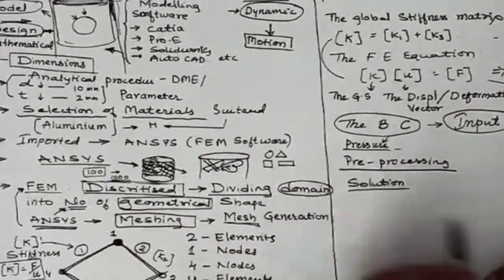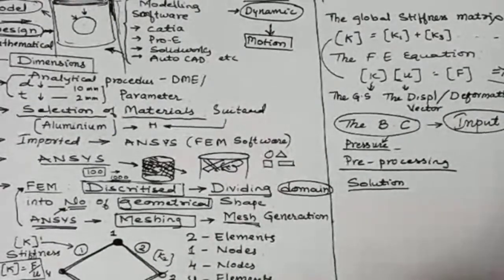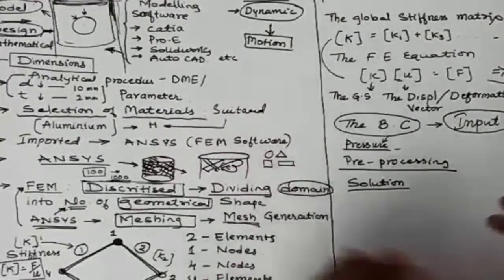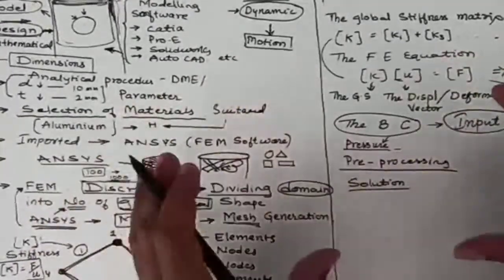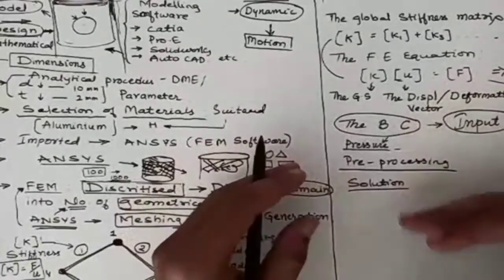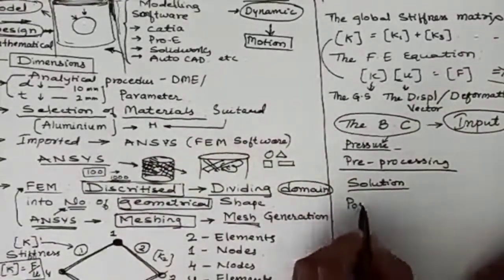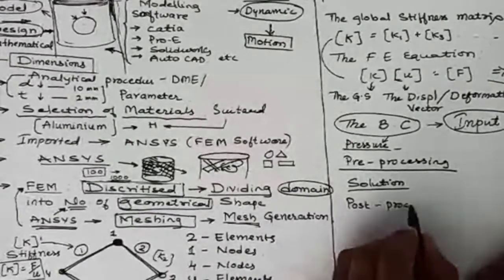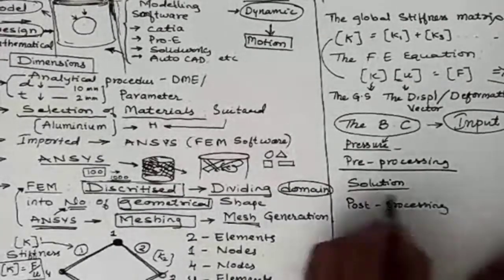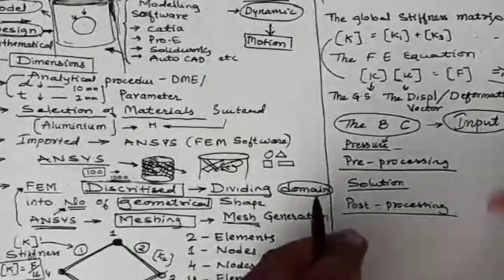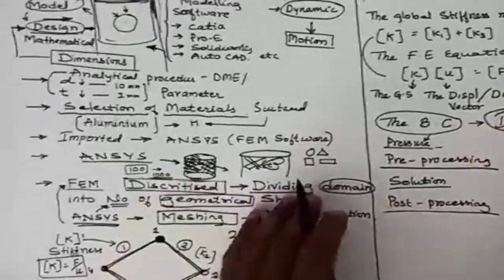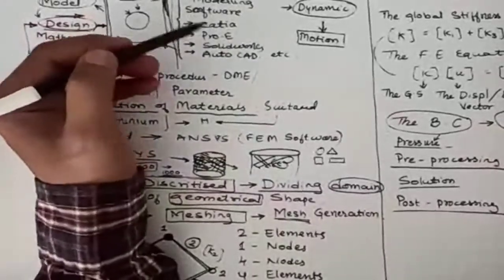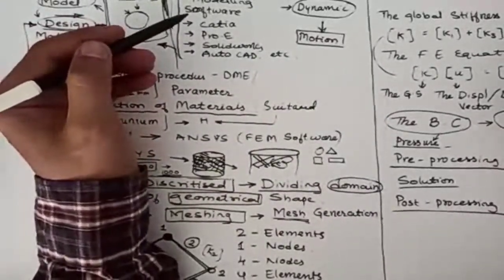So, pre-processing, then processing. Now in the solution, it will start the processing. Whatever boundary condition you apply on the element, it works using the FEM, and finally it will give the post-processing result. Post-processing means the data given as input is processed and the output may be in the form of a picture or a result table. It can be displayed on your computer screen.